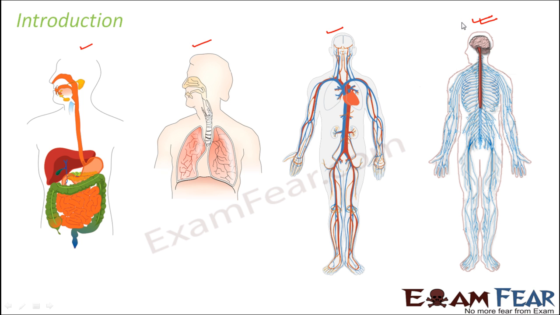Now the nervous system alone does not play the role of maintaining the coordination. There is another system known as the endocrine system, where we will talk about the glands. So the nervous system and the endocrine system are the two systems inside our body which help to coordinate the activities of different parts of the body. That is, they fill the gap between the various life processes taking place inside our body. Now in this lesson, we will only talk about the nervous system, and in the next lesson, we will talk about the endocrine system. So that is our agenda for this lesson. So with this brief introduction, let us move ahead.